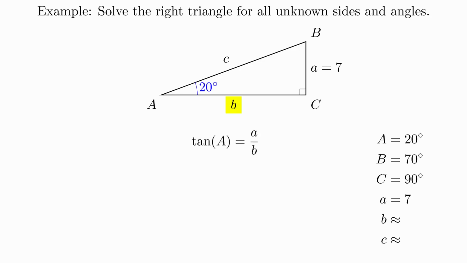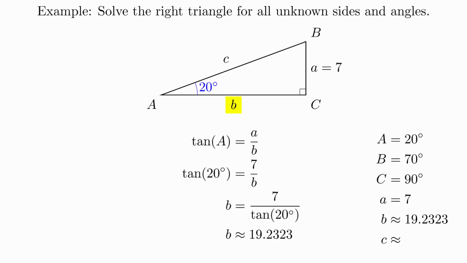So we will use the tangent of angle A to determine the length of the second leg. Tangent is opposite over adjacent, and we can solve for b to get 7 over tangent of 20 degrees. At this point, we can get a numerical approximation by plugging this into a calculator. Different classes treat significant figures differently, so we're not going to spend a lot of time worrying about this here. If you keep at least 4 decimals in these calculations, you should avoid most major rounding errors. Just as a reminder, when using your calculator, make sure that you have it in the right mode. We're working with degrees now, and so it should be in degree mode.